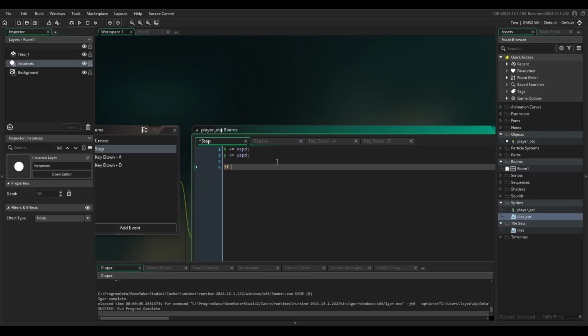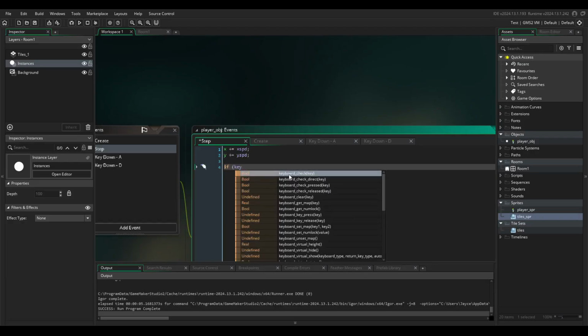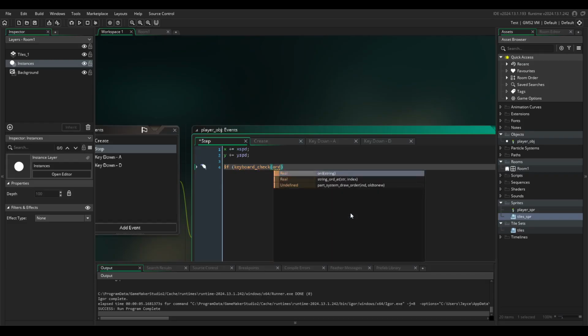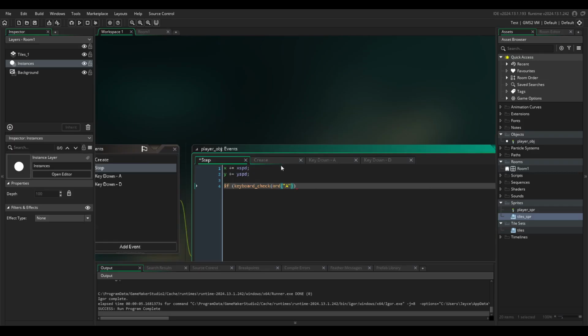To stop this, we're going to get an if statement in here. Let's say if keyboard check. With keyboard check, you can check if a key is held down or not. And then, of course, you're going to put in your key. You can't just put in A. You have to put in ord and then A. This just helps the game read the letter as the key in this situation, rather than as a letter. But obviously we need to see if it's not down. So this is if key A is not down,